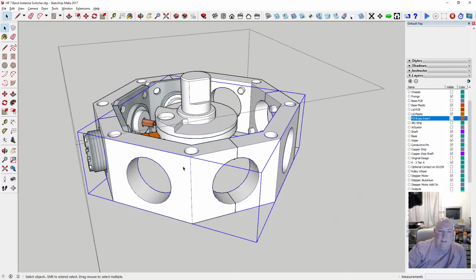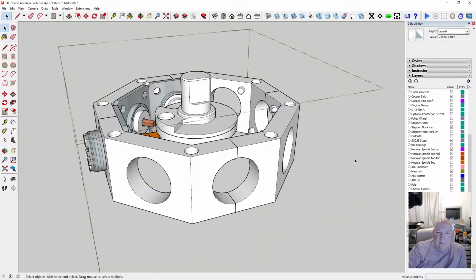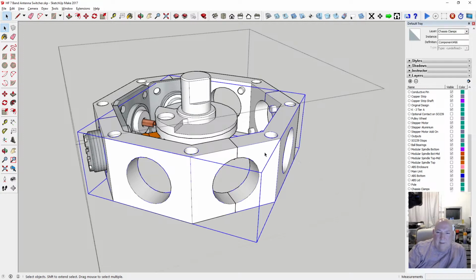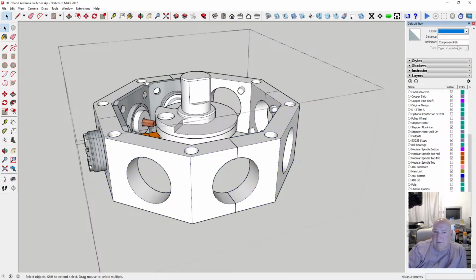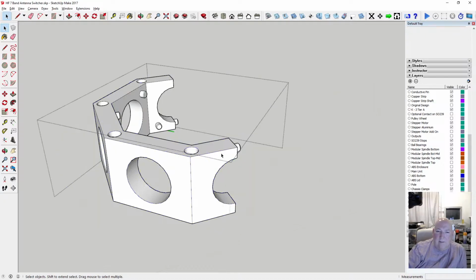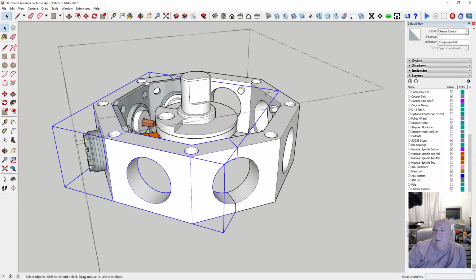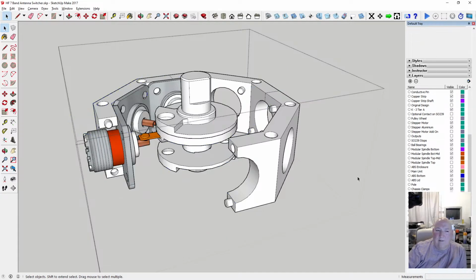Right, so let's get this. Oh, that's the wrong one anyway. Right, I'm actually showing the wrong one. Why have I still got that one? Chassis clamps, chassis half. Where are you? It's the problem. We've got different things going on. Chassis halves. Turn off chassis halves out. That's it. Oh no, that's the other shaft. That's the other half. Bloody hell, hang on. See, I got them mixed up. Got them mixed up. Chassis halves, right.